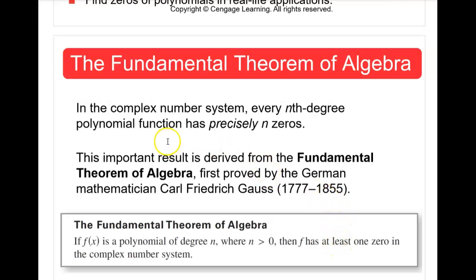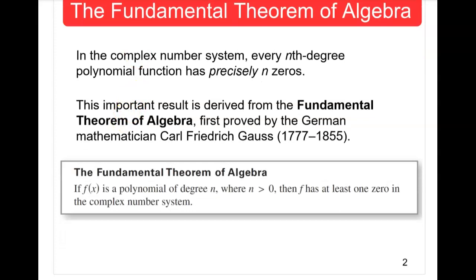This theorem is defined in the complex number system. So every nth degree, n is going to be our degree, polynomial function has precisely n zeros. In the previous sections, we had said that depending on the degree of the polynomial, it could have at most that many zeros, or it could have less. Now, that was in the real number system, but for the complex number system,